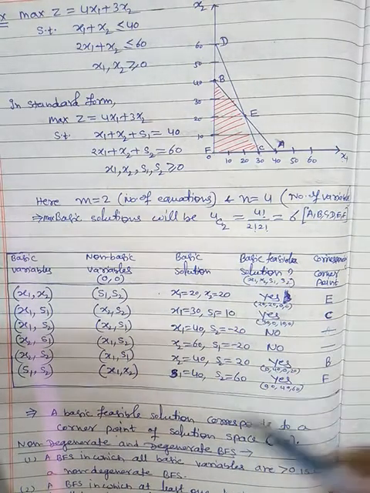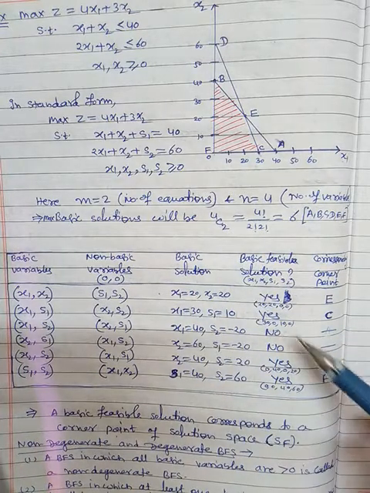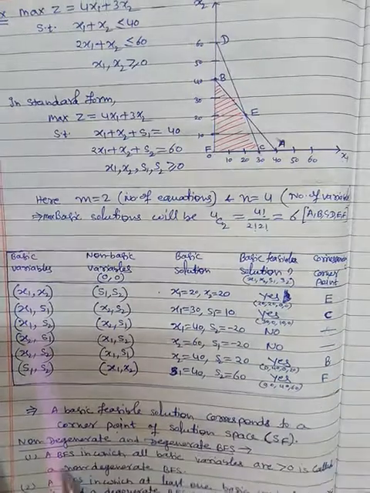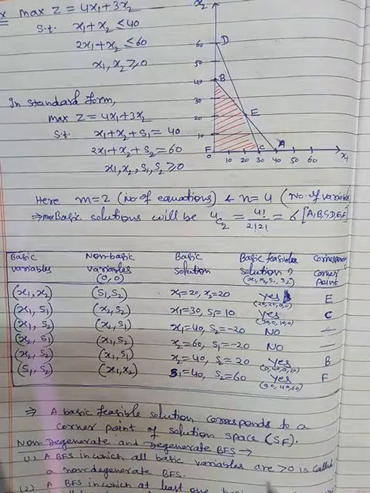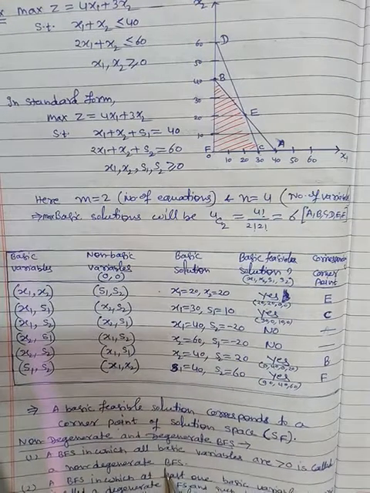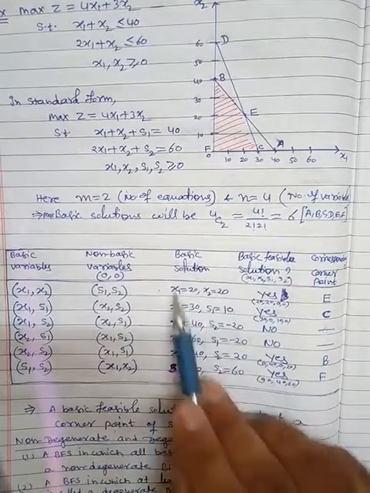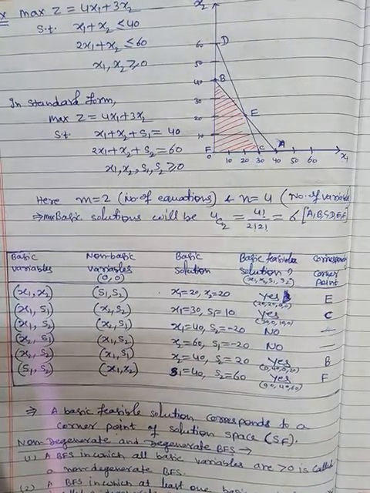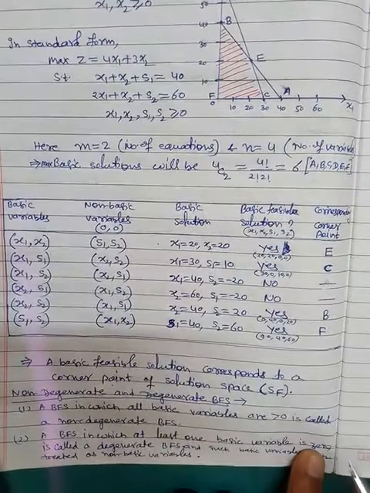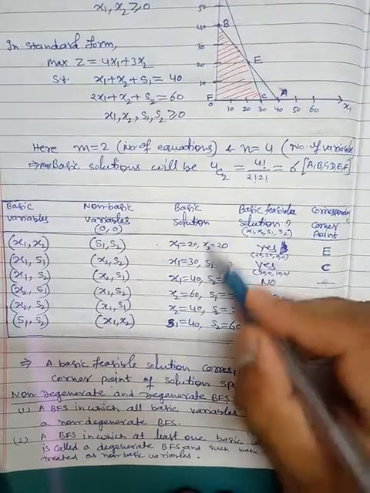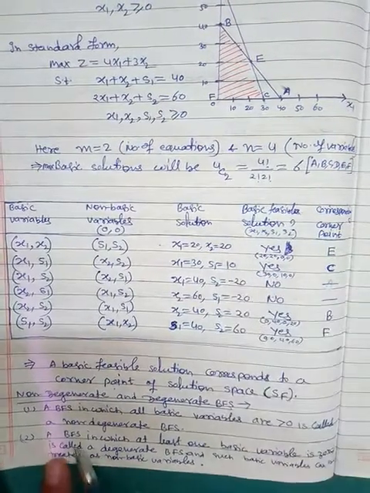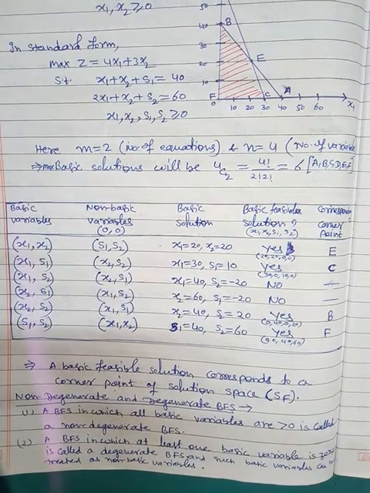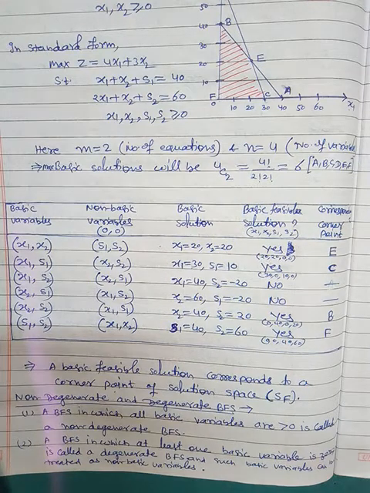Now, when you evaluate the basic variables, all variables are either positive or negative. There is no 0. A basic feasible solution in which all basic variables are positive is called non-degenerate. For example, like this, both are positive, so this is non-degenerate. A basic feasible solution in which at least one basic variable is 0, if even one 0 comes out of these, that is basically called a degenerate basic feasible solution. So this is the analysis. In the next video we will discuss the simplex method. Okay, thank you.